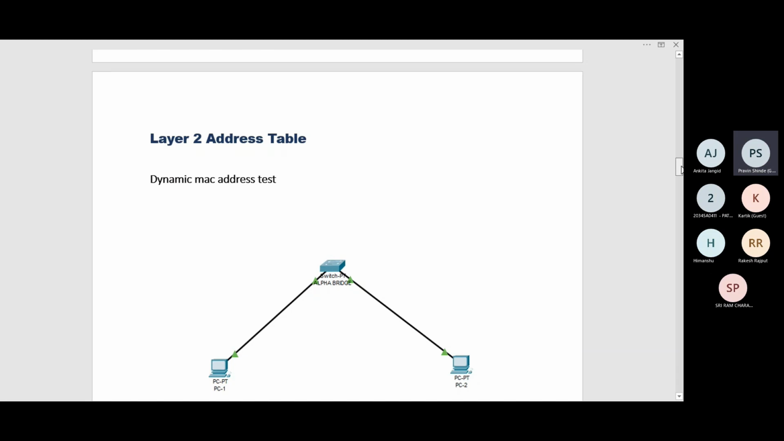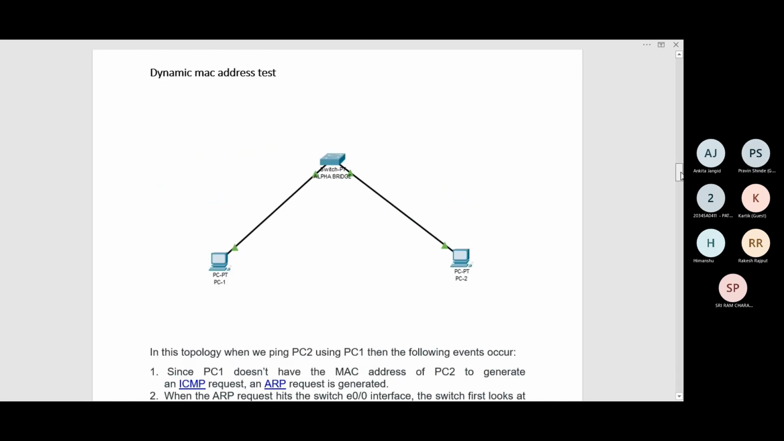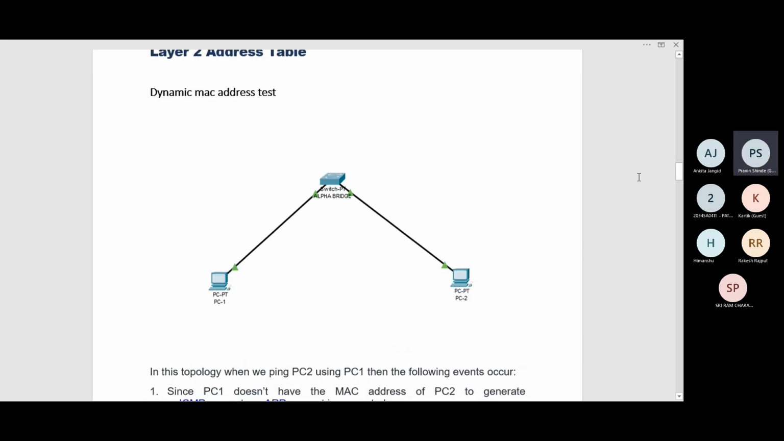To address table, dynamic MAC address is the most